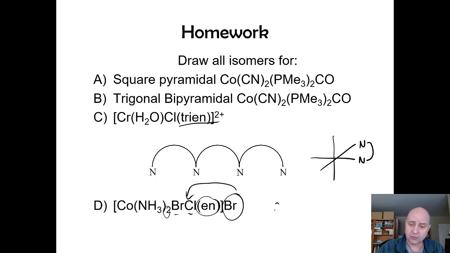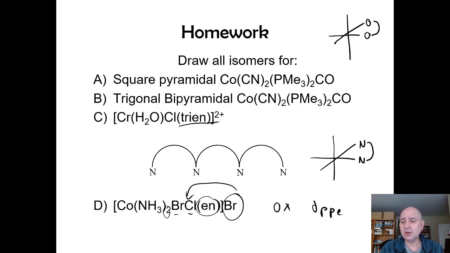So en or ox or DPPE are all chelating ligands that you might have to use, and you should know the abbreviations. And so all you have to do is for oxalate replace this with O. You can draw a little loop. DPPE is phosphorus, you know, and if you don't remember it and you don't have time to look it up, then you can just guess. As long as you recognize this as a chelating ligand, you should be in pretty good